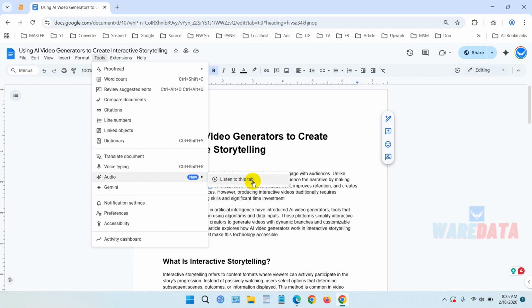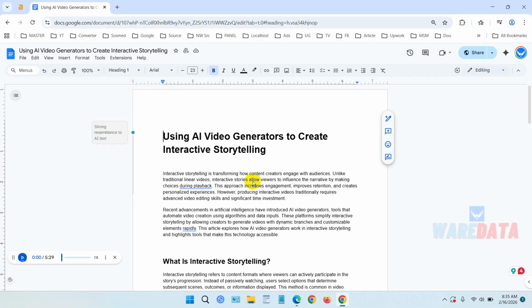Okay, just click this. Using AI video generators to create interactive storytelling. Interactive storytelling is transforming how content creators engage with audiences. Unlike traditional linear videos, interactive stories allow viewers to influence the narrative by making choices during playback. This approach increases engagement, improves retention, and creates personalized experiences. However, producing interactive videos traditionally requires advanced video editing skills and